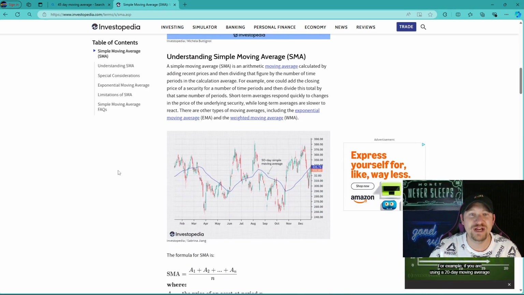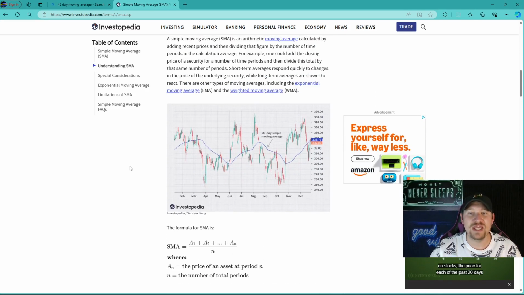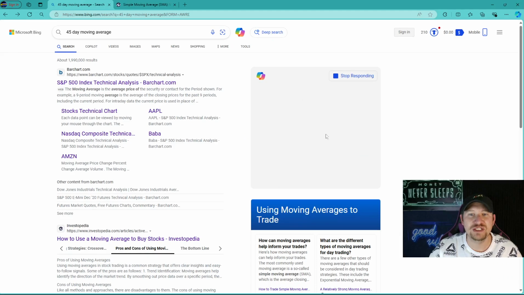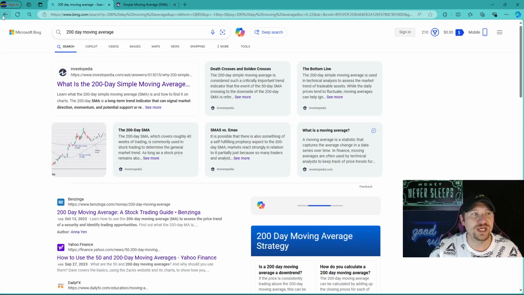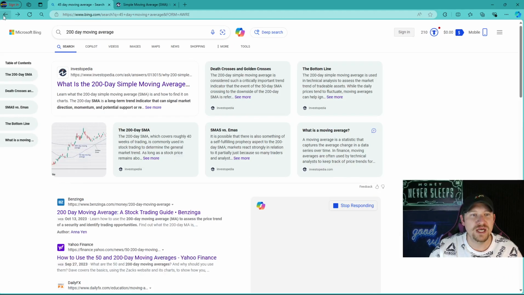So to make it very simple, let's say you have a 50-day moving average. Well, this will track the last 50 days that the stock you're looking at closed. The price that it closed at when the market closed is the price it'll use to average into this. Another quick example would be